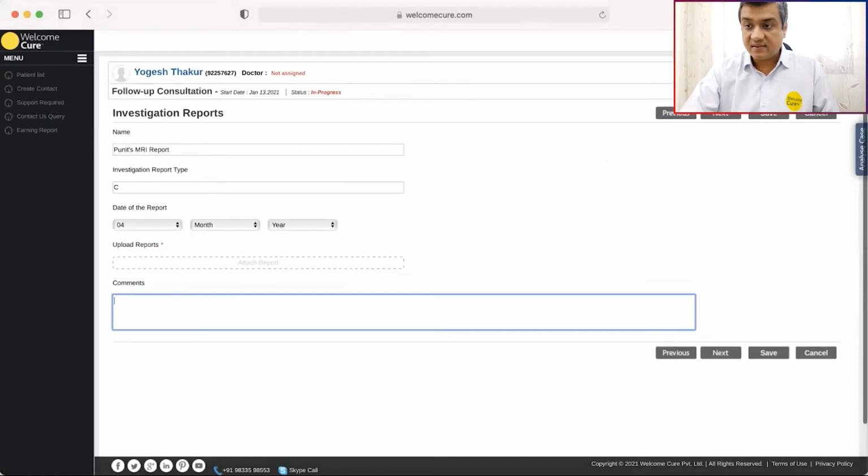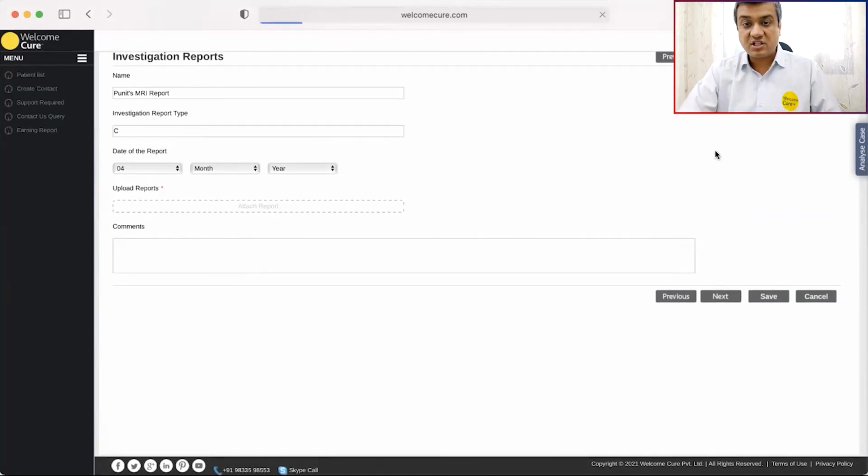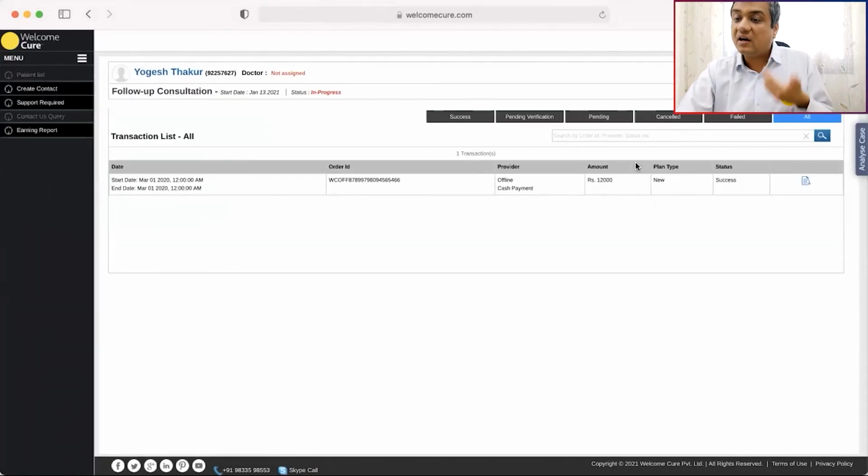Okay, so these are the amount of functionalities which are there. As I was mentioning about transaction history, how many times the patient attempted a transaction, successful, unsuccessful, it's all there. So the kind of earnings you have from patients: success, pending verification, pending, cancelled, failed. So if anybody initiated it and for some reason cancelled, you will know this. So we can call the patient and say, hey, look, did you face any issue? Can I help you? We saw you were trying to pay online and you didn't successfully complete it. We can help you with any technical issue. So all of this comes here.